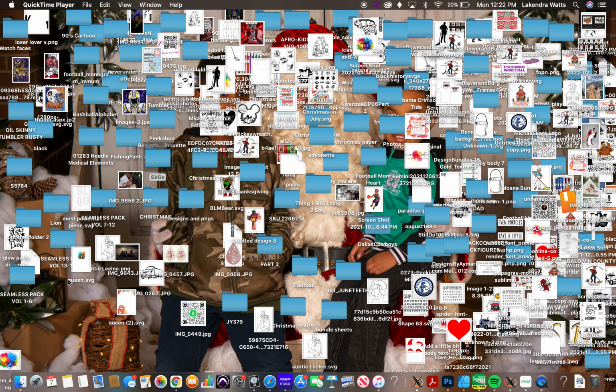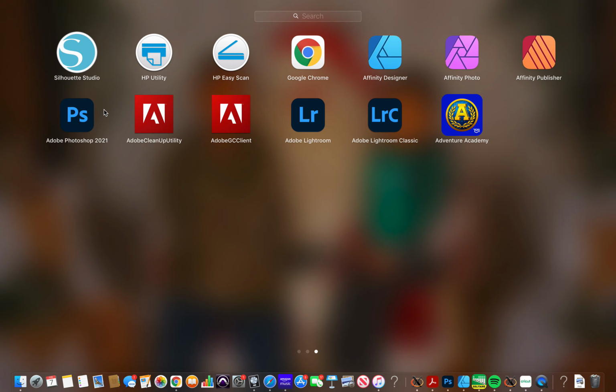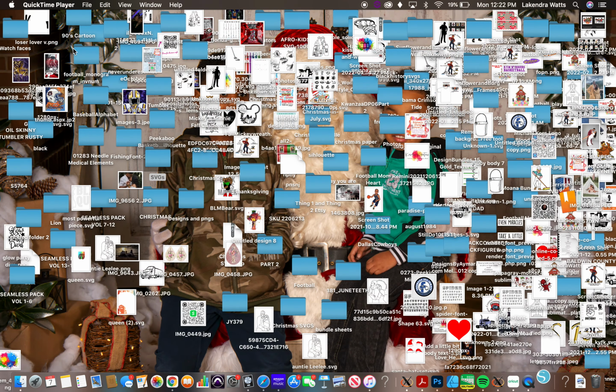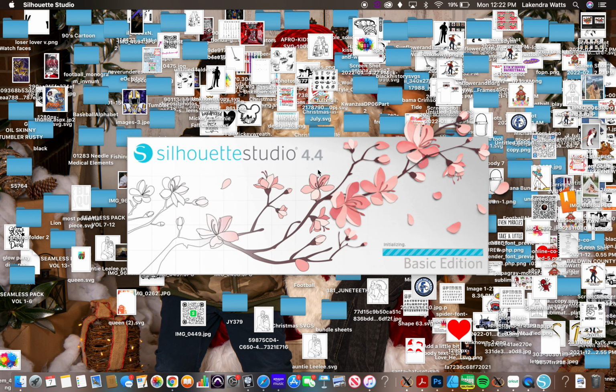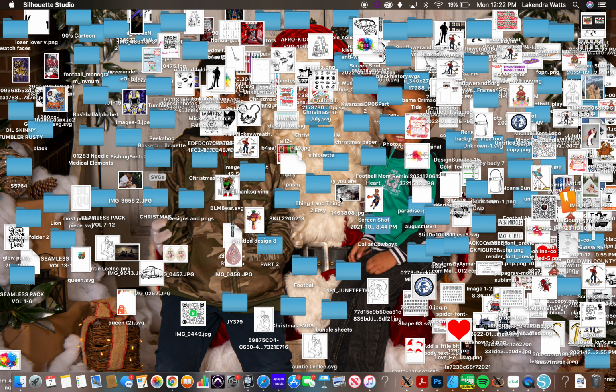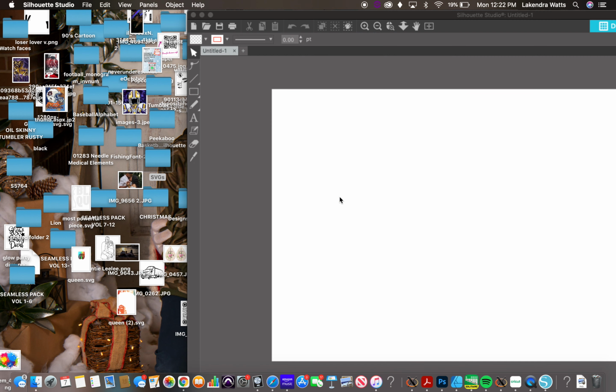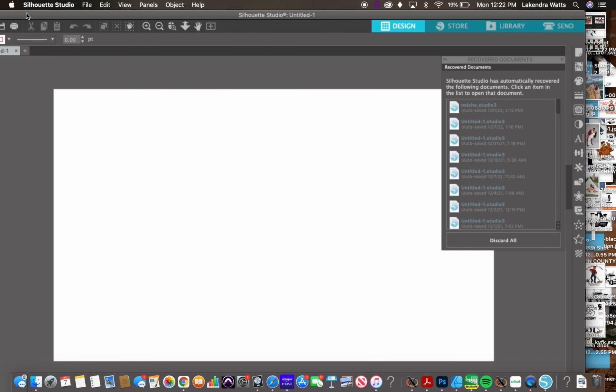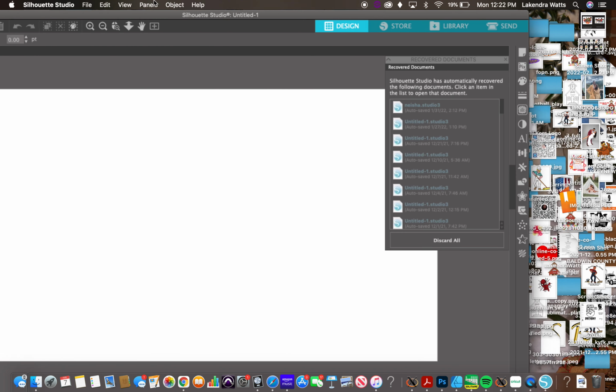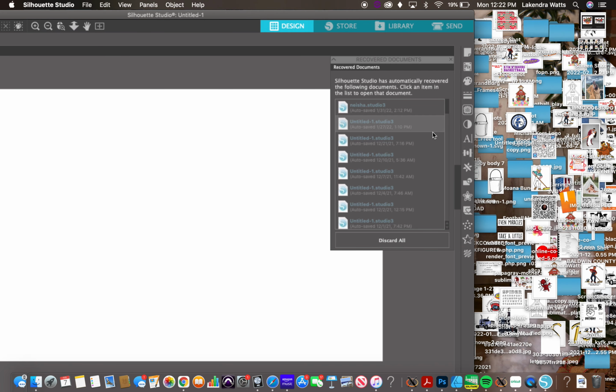Okay, so the first thing that I do is I open up Silhouette. It's gonna take a second. Okay, so after I open up Silhouette, I pick the design that I want to use and I put it